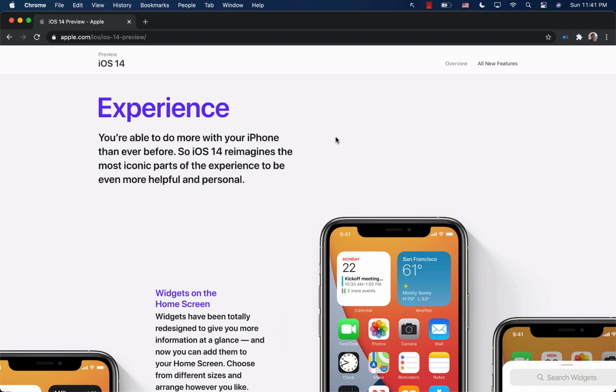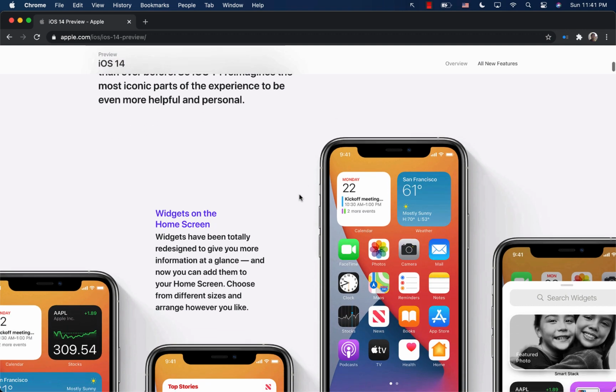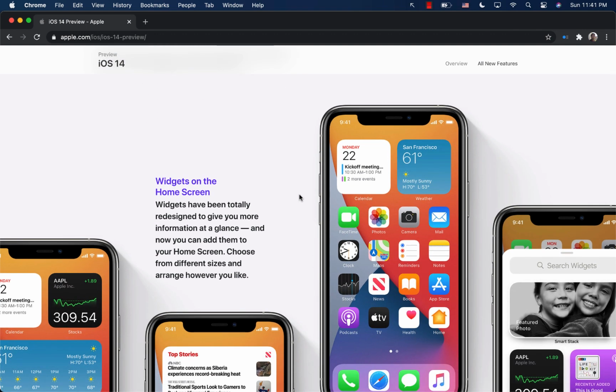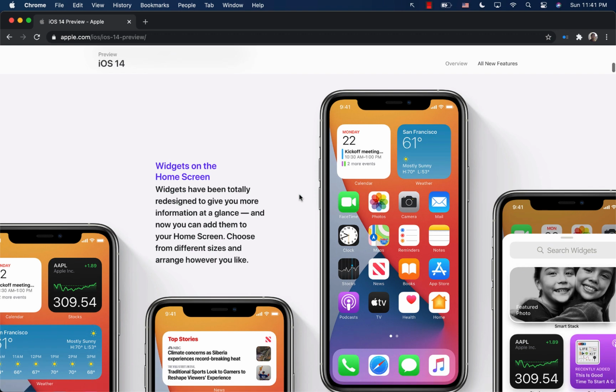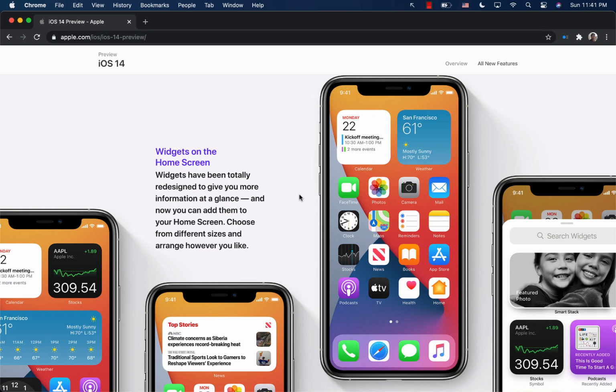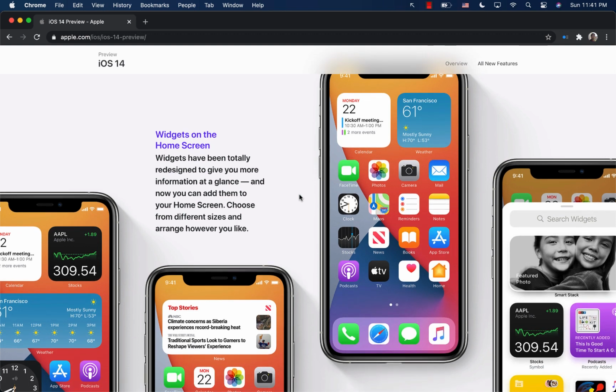In iOS 14, Apple provides you a way to create custom widgets. The widgets are simply pieces of information that are displayed on your home screen or any other screen, or which can even take a little bit more space than the screen. And the main purpose of the widget is to provide you a glance of the actual data without opening up